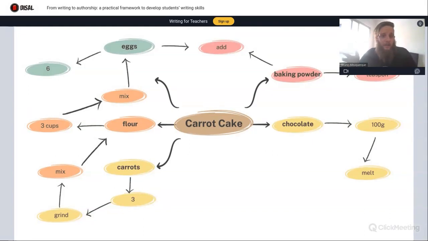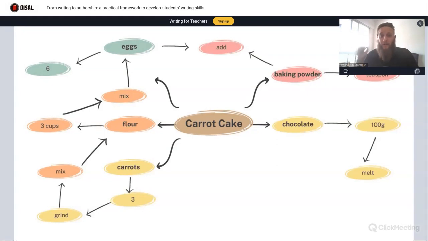And then we had a short speaking activity in which they would teach their partners in pairs their recipe, right? So, oh, it's a carrot cake. You need chocolate, baking powder, flour, and eggs. You need 100 grams of chocolate. You need a teaspoon of baking powder. And then mix chocolate and baking powder, mix carrots and flour and eggs, to talk about their